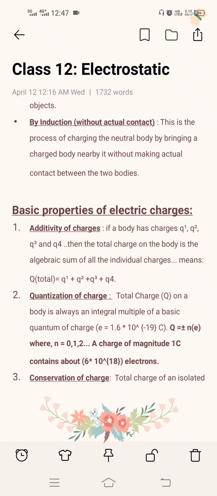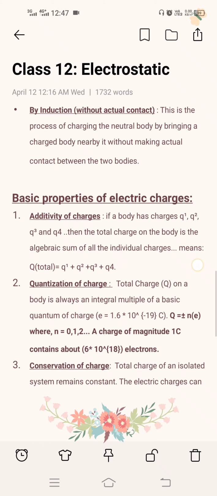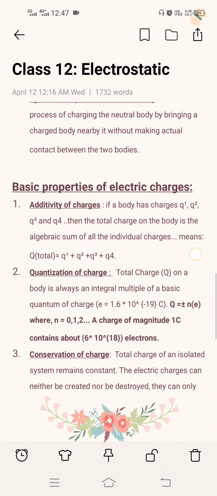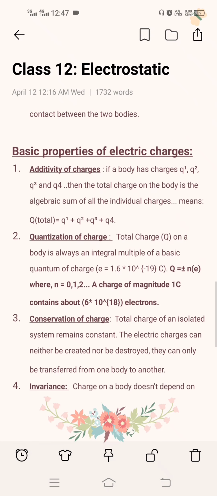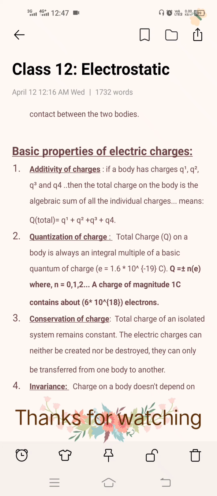And the third one is the conservation of charge. We know that the total charge of an isolated system remains constant, and electric charges can neither be created nor destroyed. They can only be transferred from one body to another. And the fourth one is invariance. That means the charge on a body